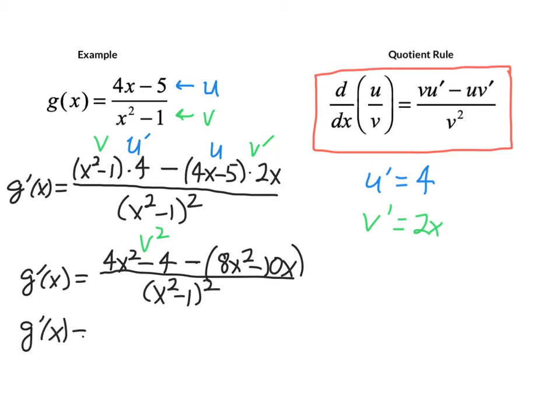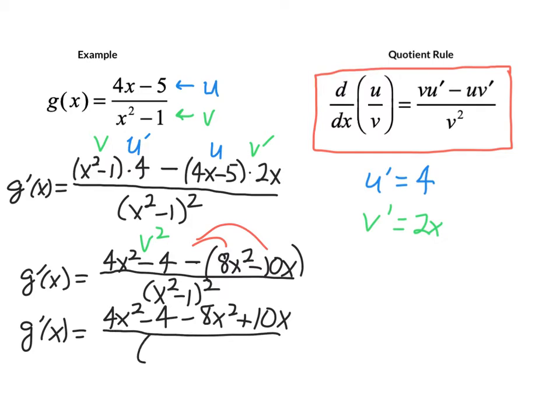And for this example, it will be very obvious. Let's just write one more step here. So this is the big algebra problem that is very common with calc students. So just watch out for that. So minus 8x squared plus 10x, all divided by x squared minus 1